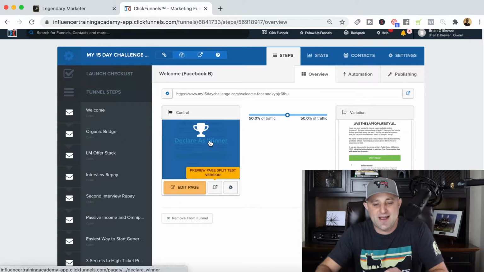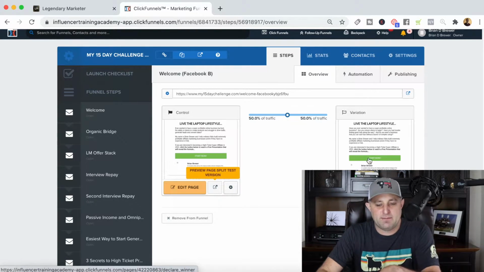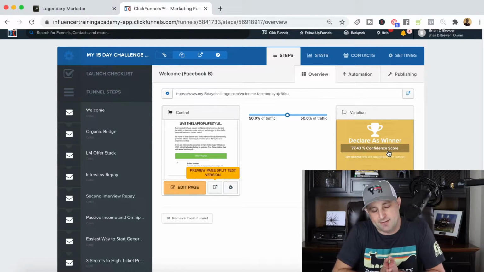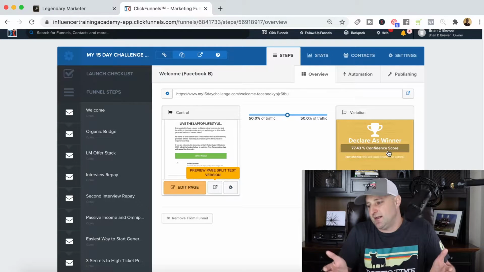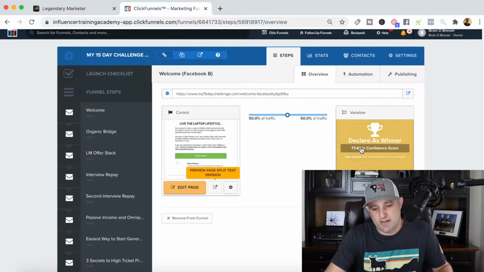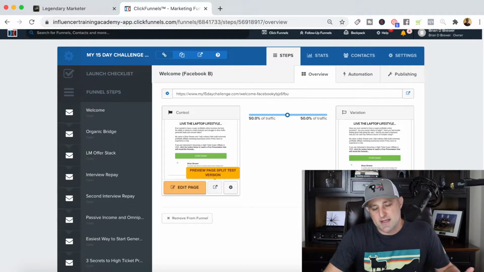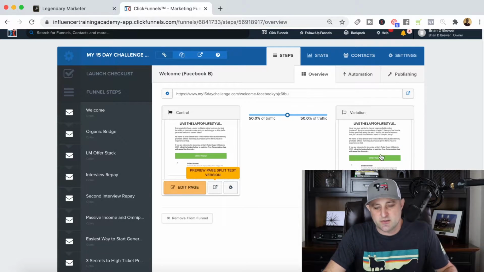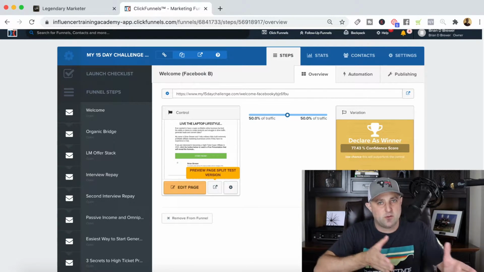Basically, it's going to tell you, hey, there's a 77% chance this is going to outperform the control. So as of right now, the control is actually performing better than the variation. However, this split test itself has only been running for a couple hours. I think probably, what time is it? Probably about 12 hours exactly. I got this going last night. So not nearly enough time to make a decision yet. I'm going to let this run for at least another 24 hours before I decide, hey, cool, this is the